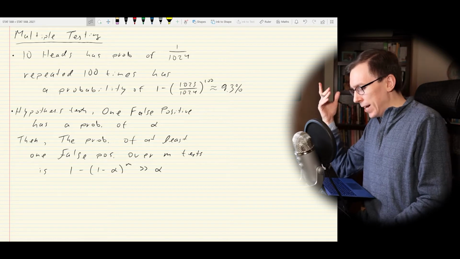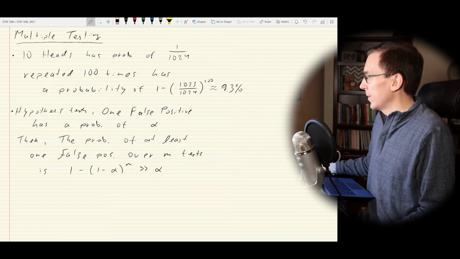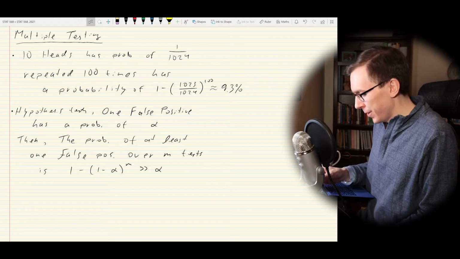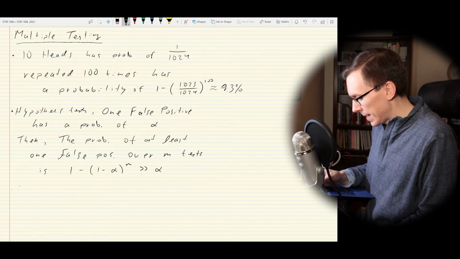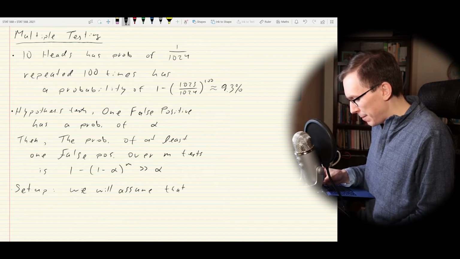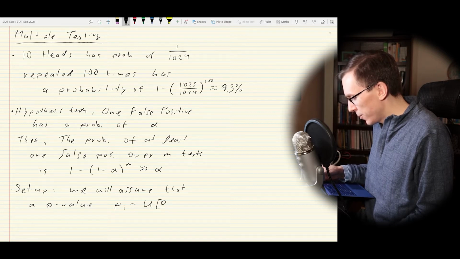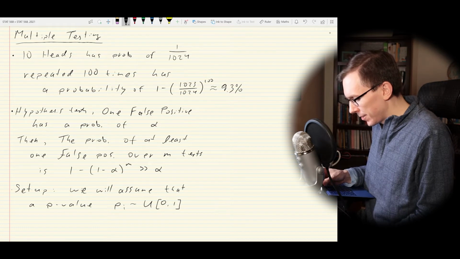All right, so then the question is, how in the world do we fix this? Well, there's one other thing that I also need to mention first, which we'll call the setup. The setup is that we will assume that a p-value, let's say p sub i, is a uniform 0, 1 random variable under H naught, the null hypothesis, whatever the